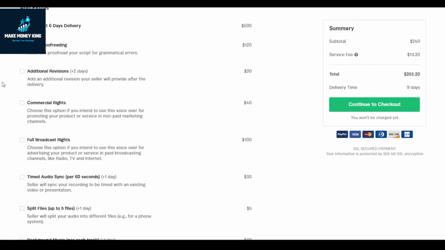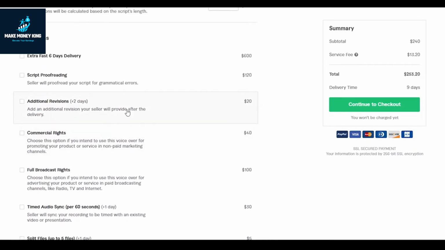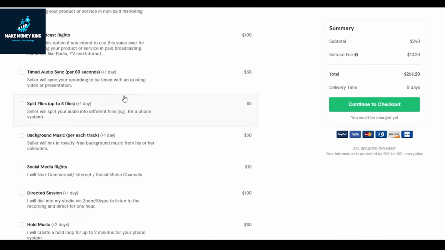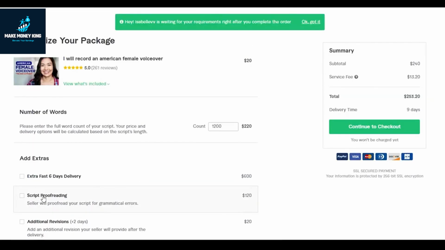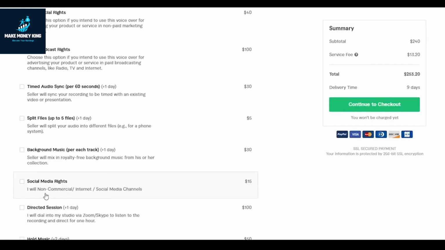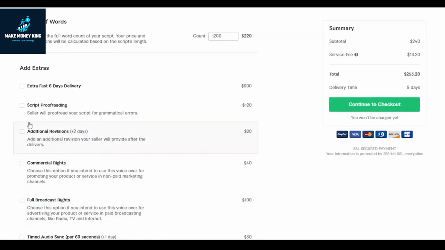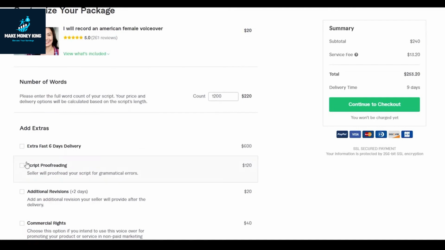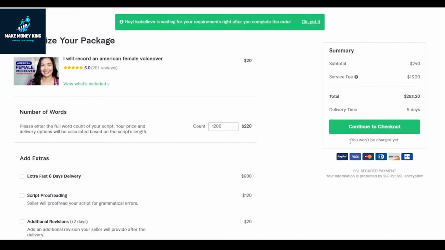And at the bottom right here, you have some extras as well. Extra add-ons, basically. If you want commercial rights, you will have to pay $40 extra. If you want additional revisions plus 2 days, you can also add $20, and for script reading, if you want the seller to proofread your script for grammatical errors, she will charge you an extra $10 to $20. Now this person is charging a lot, but for the sake of this video, we're just showing you how it basically works to buy a service from Fiverr. So you can choose whichever extra you want, or none at all. It doesn't really matter, and once you've done it, all you have to do is click on Check Out Now